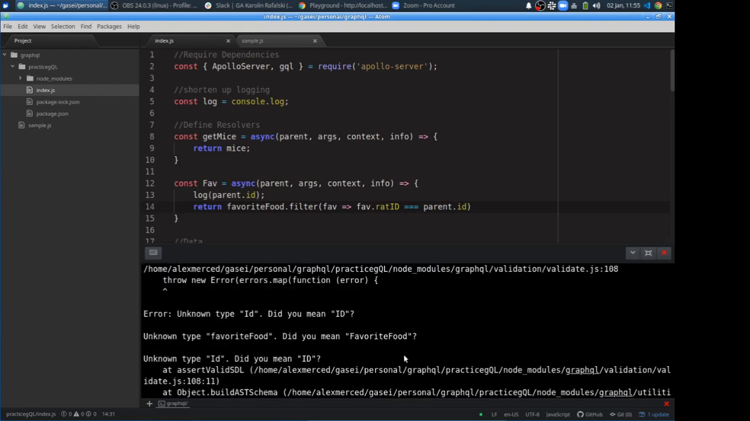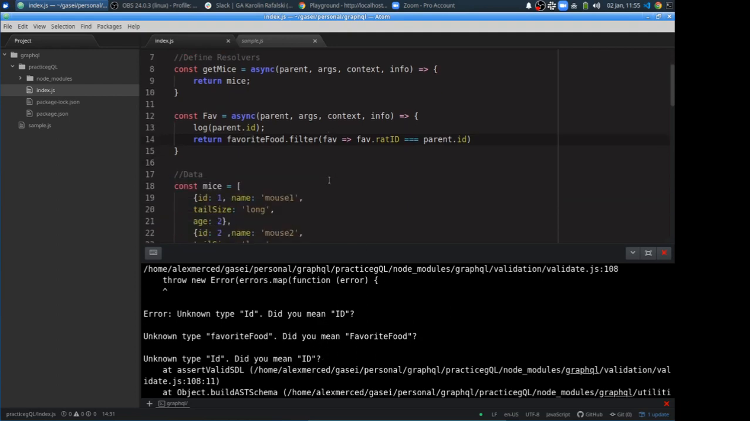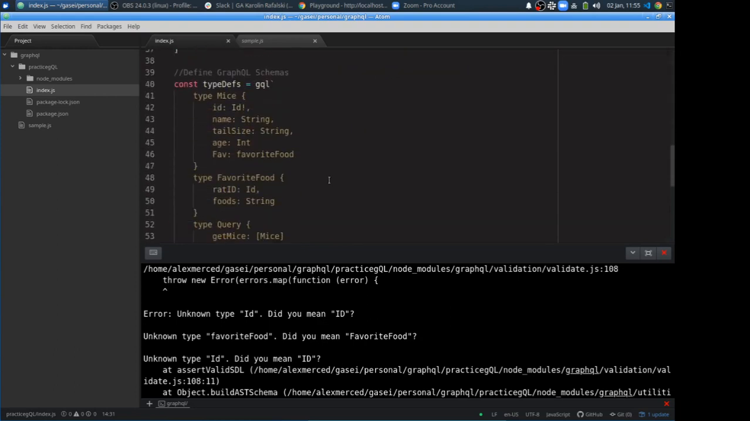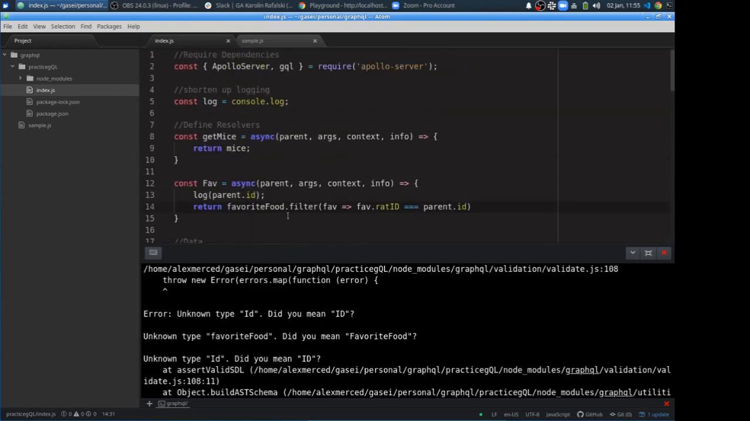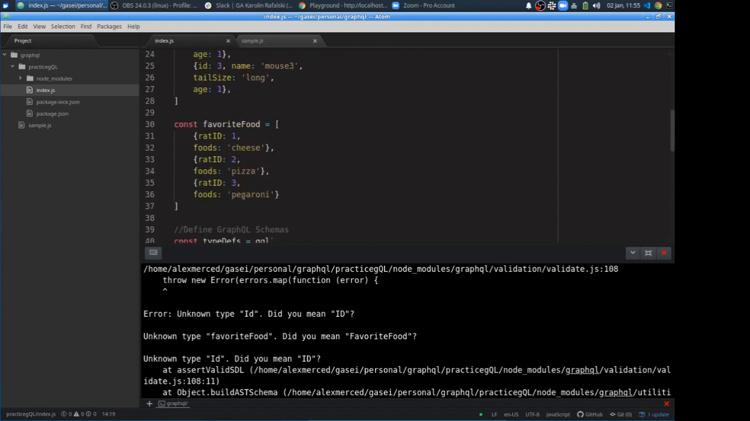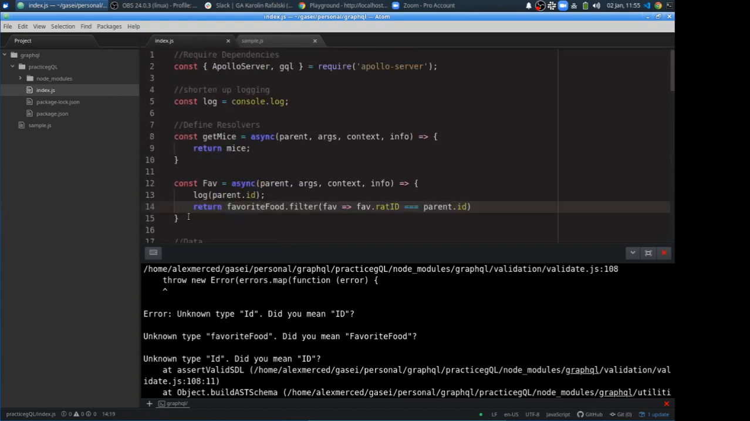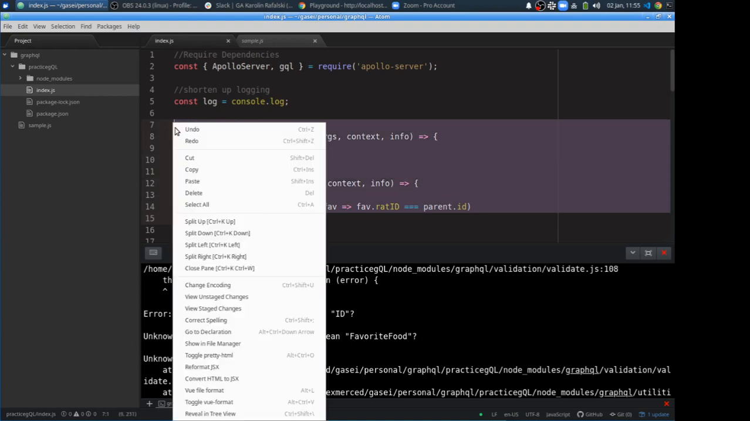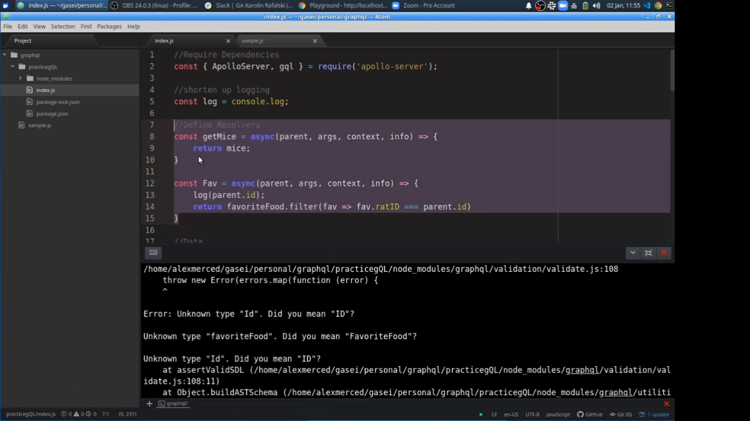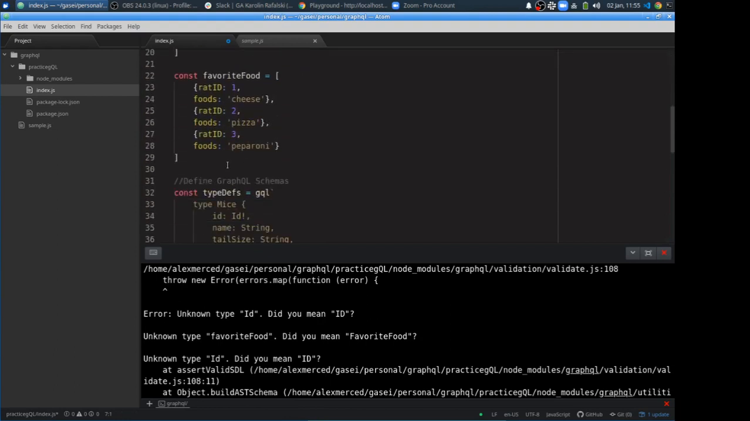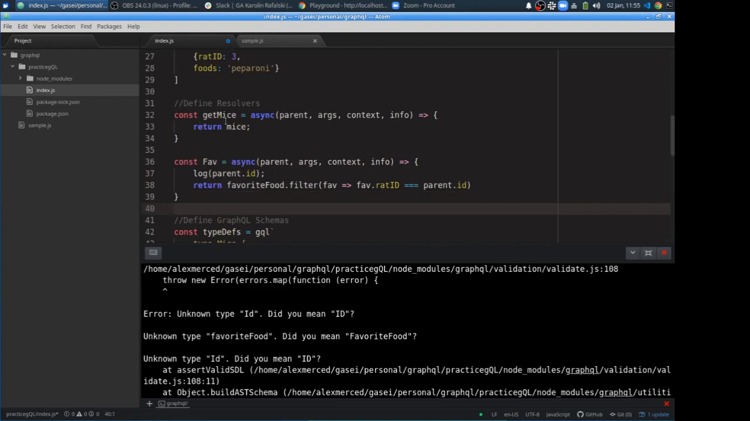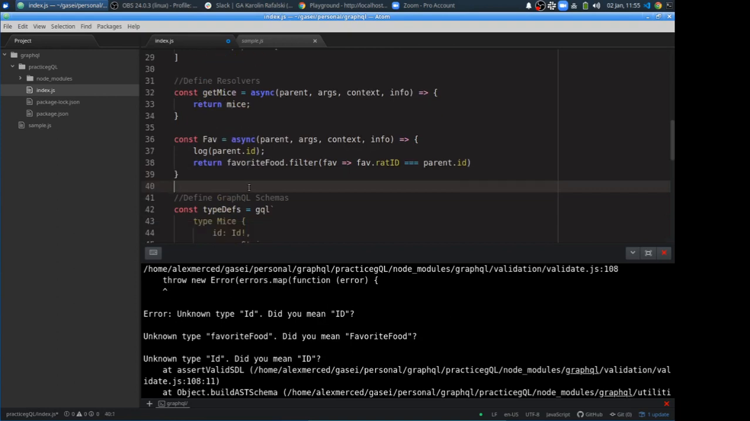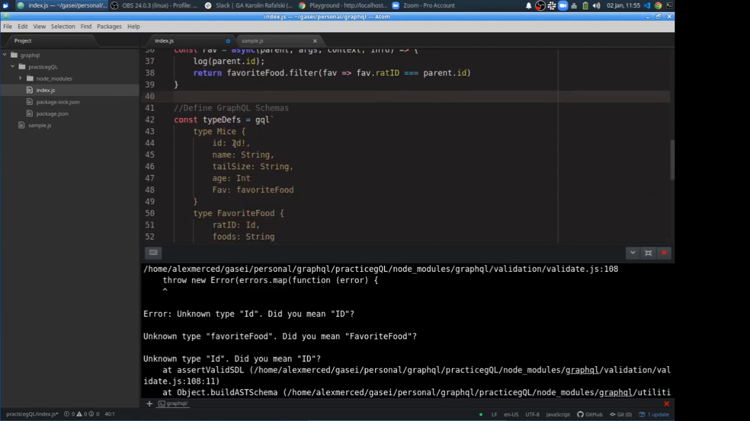But it complains. Let's find out here. Error, unknown type ID. Did you mean ID? Unknown type favorite food. Did you mean favorite food? Let me see how I name these things. Yes, it is supposed to be favorite food. But no, that array is defined down here. Does it need me to do it right afterwards? Probably. So I guess we'll move these resolvers, const, cut these out, put them below the data. So that way the data is already defined by the time it reads it, favorite food, parent.id